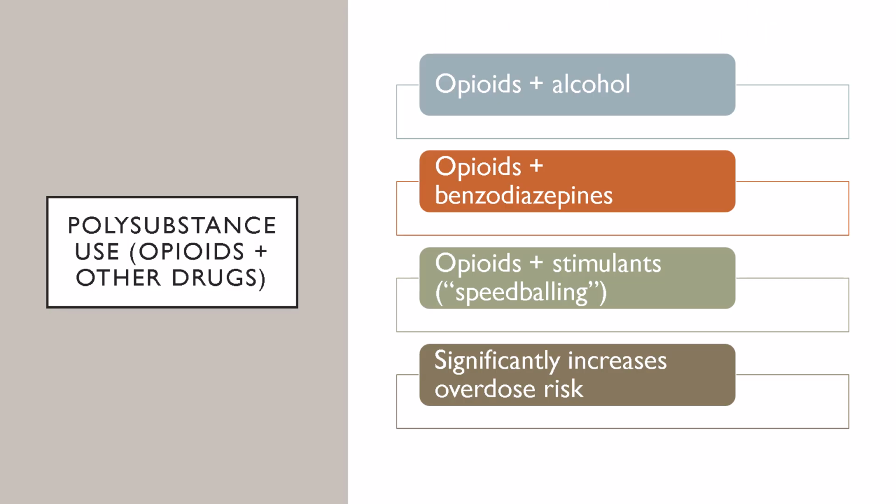So polysubstance use is one of the most important factors to assess when we are working with clients who use opioids, because opioids alone carry a high risk of overdose. But when they start combining them with other substances, it dramatically increases their risk. And one of the most dangerous combinations is opioids with alcohol, because both of those